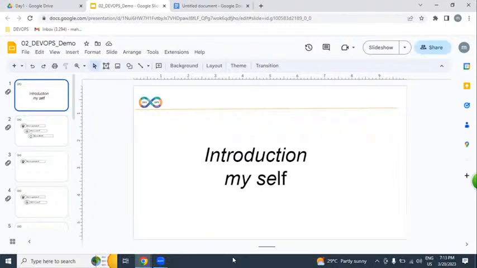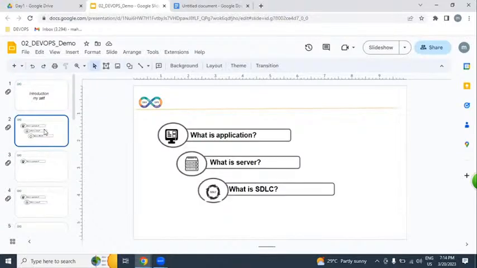Then I turned into a DevOps engineer. For the last 5 years, I'm working as a senior DevOps engineer as well as cloud, AWS plus Azure, both. So this is exactly my profile.